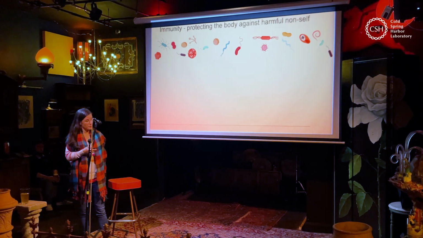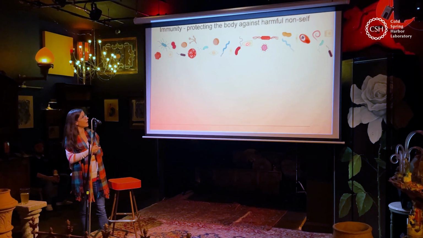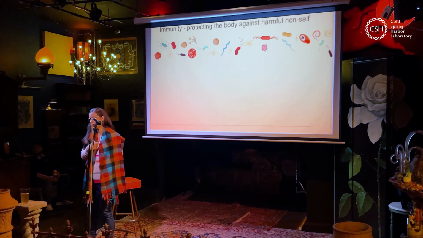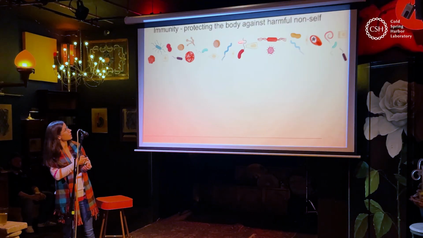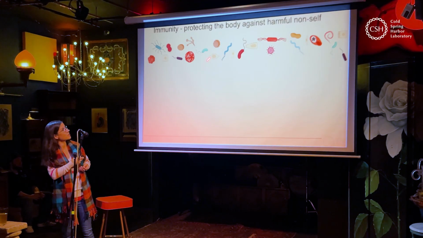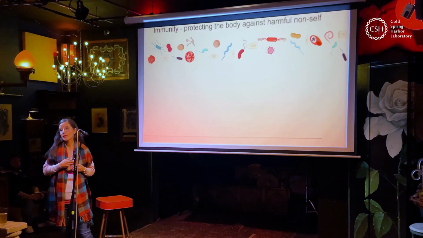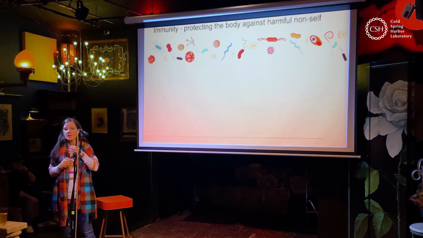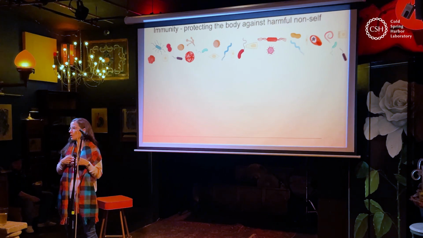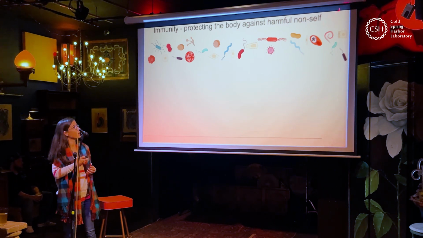And then lastly, the other things in our body are the cells that belong to our body, like cells in the lung that can do gas exchange so we can breathe, cells in our muscles that can contract so we can move. But on a molecular level, all of these look very, very similar to one another. Whether it's a peanut, an egg, a cell in the lung, or a virus, they're all built from little proteins, they're built from lipids. So how can our body distinguish what it should actually have and what it shouldn't have, and figure out what is harmful non-self?